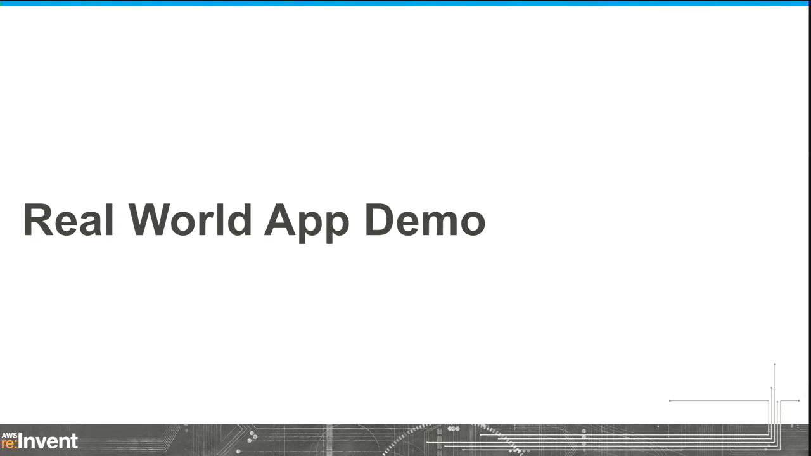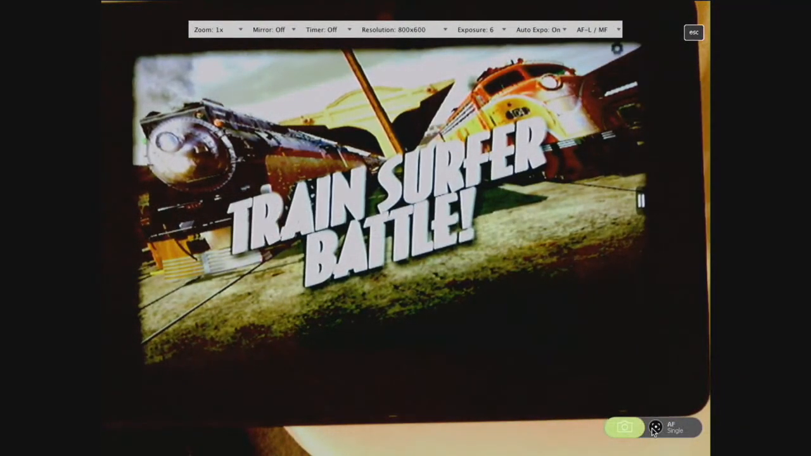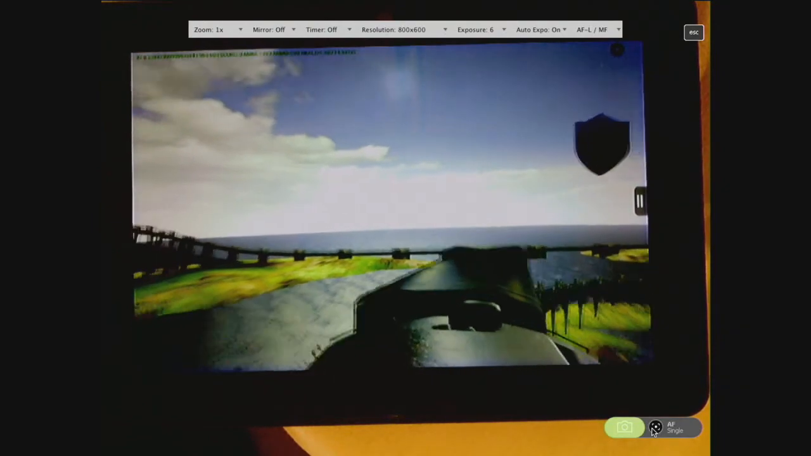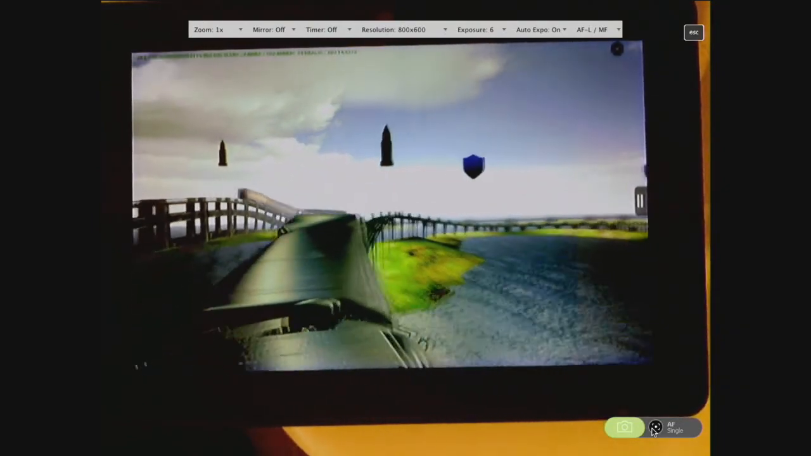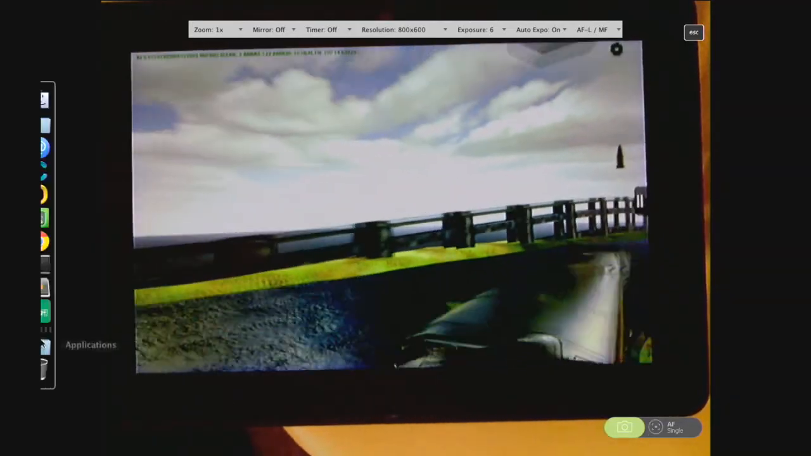You want to see it, don't you? So it takes a little second to load. So this is a pure 100% WebGL application. I can look around here. I can fire. It's a very cool little demo. And just to show you that,